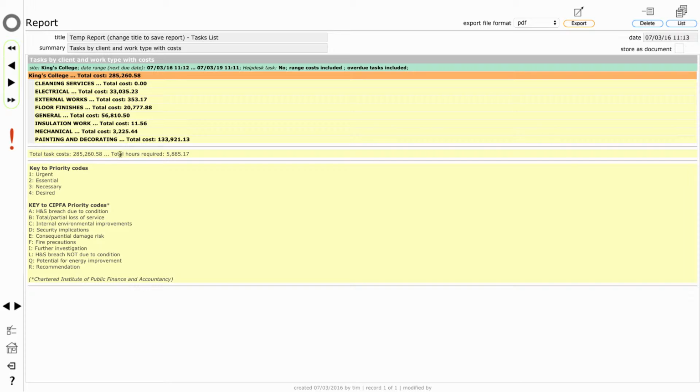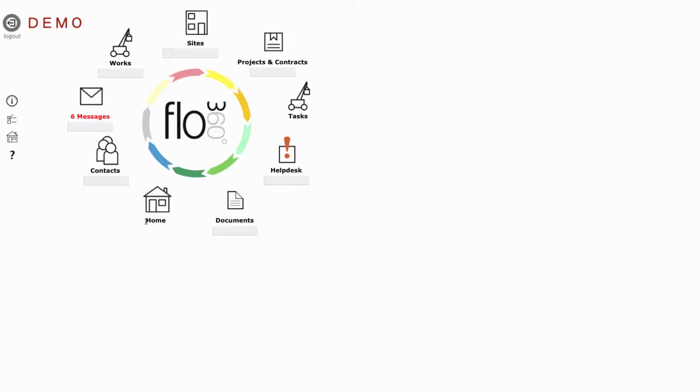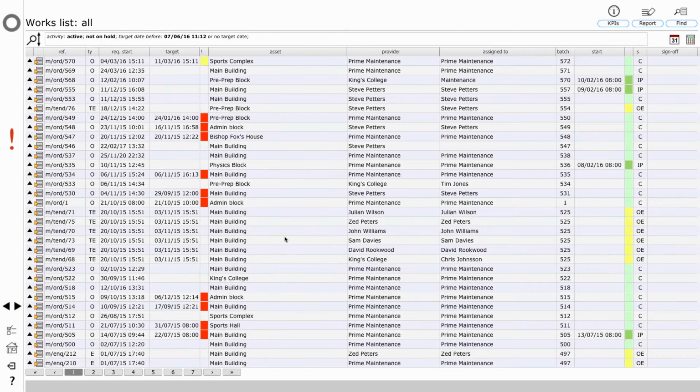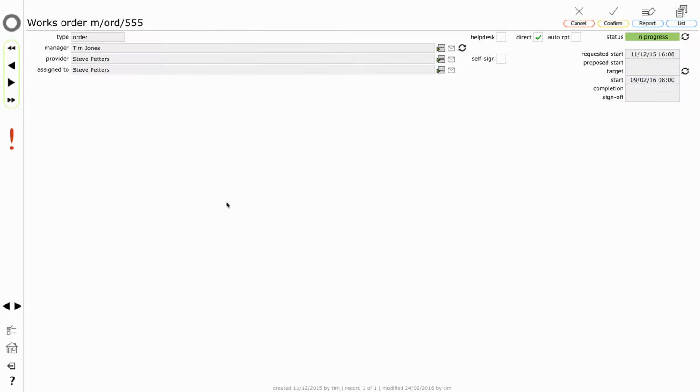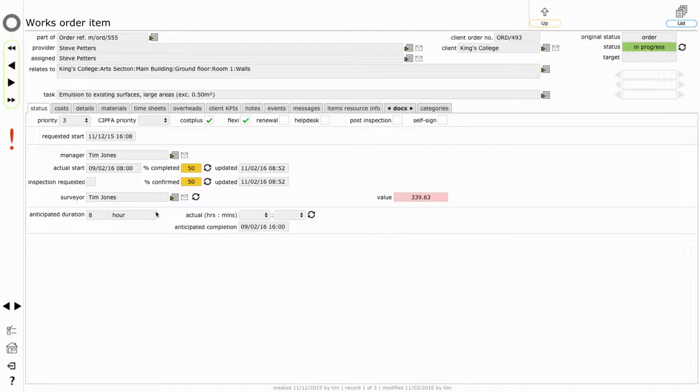So the work type is a very useful way of breaking down your planned actions and indeed any help desk issues and outgoing works instructions. So let's have a little look at where the work type comes into play in relation to works programs. We'll look at an individual works order, which is for some redecorating work, and if we drill through to one of the line items there, as with the tasks record, we've got a tab here that says